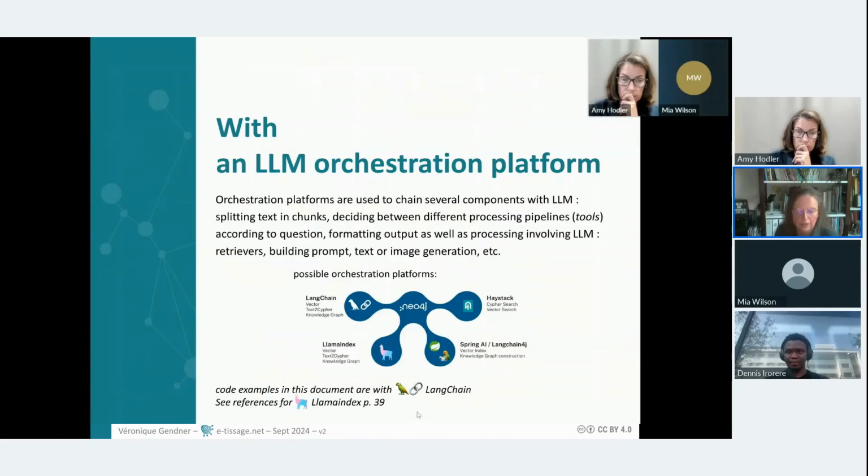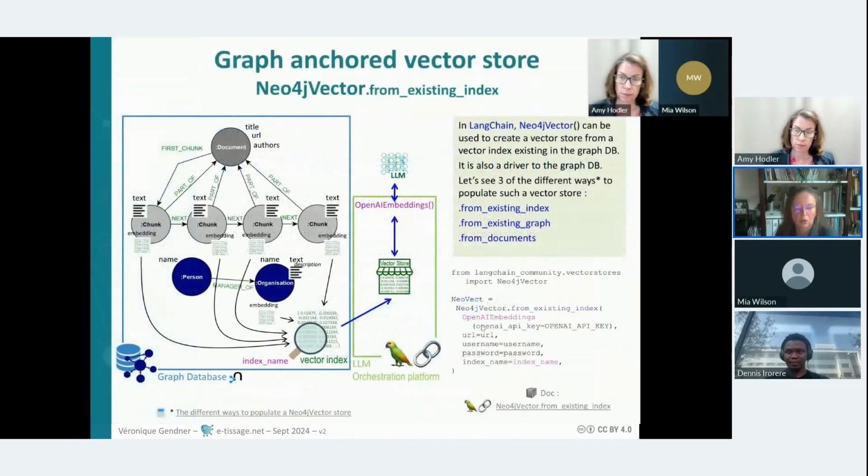And the example in this document will be in LangChain, and you have some reference for the LlamaIndex at the end of the document. So I will go quickly on those 3 slides because they describe 3 ways to build a Neo4j-based vector store in LangChain. You can refer to the document later for the details, but basically you can build the vector store